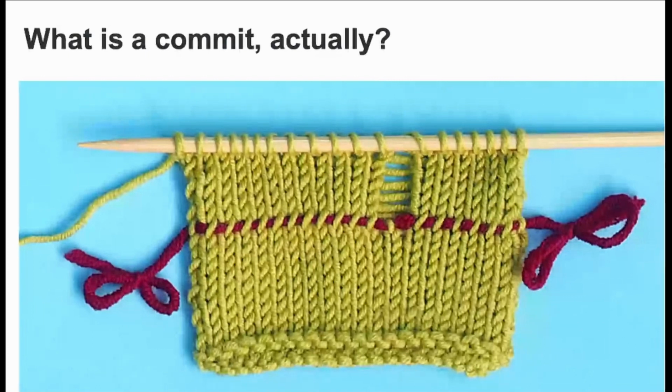And when I go on, then I can safely experiment. I can destroy things. And if it's bad, I can just go back to my commit or lifeline. So as a ground rule, I commit every time something works. Every time I go, yay, then I know it's a good time to do a commit.